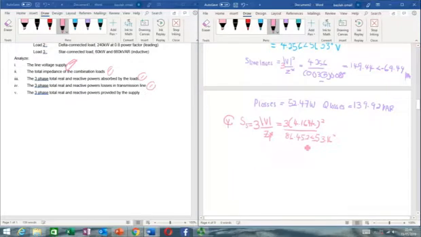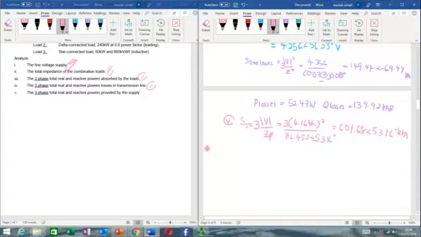So 3 multiplied with 4.164 K squared divided by answer. So the answer is 601.68 and angle is 53.16